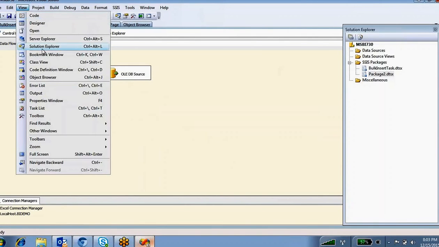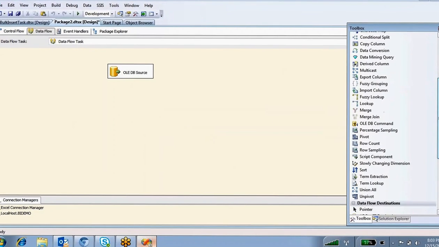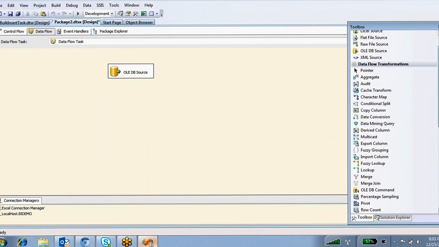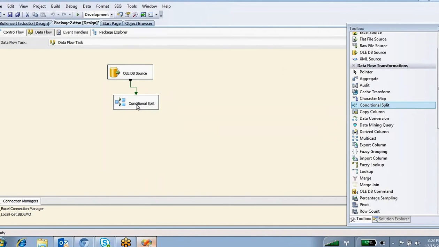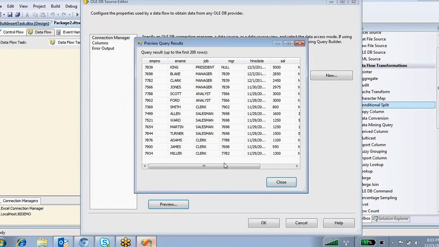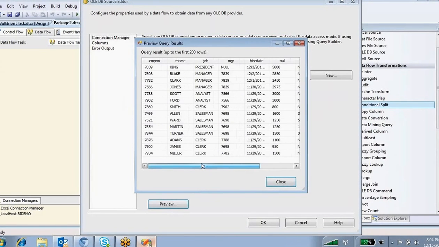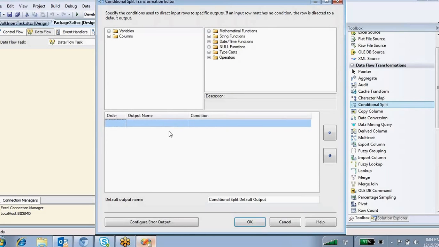Right. So I'm going to use one more transformation, that is the conditional split transformation. What exactly is this conditional split transformation? The data is coming from this source, right? I want to write one condition: I want to take only the salesman job type data. On which column are we going to write this condition?